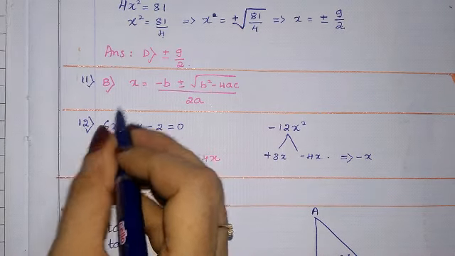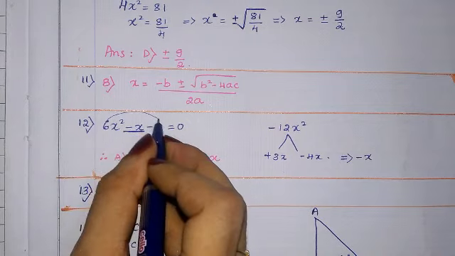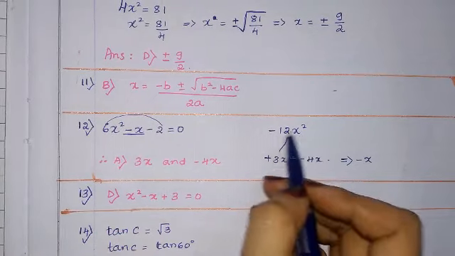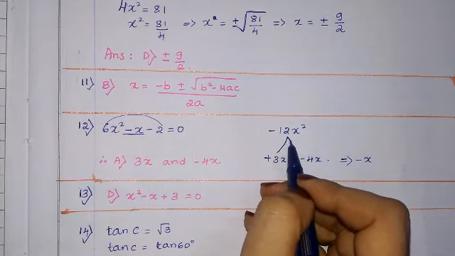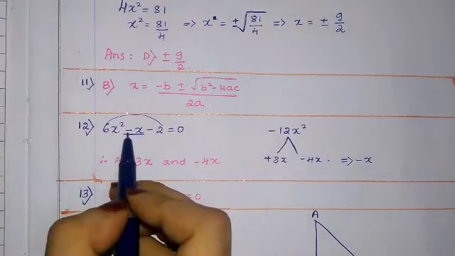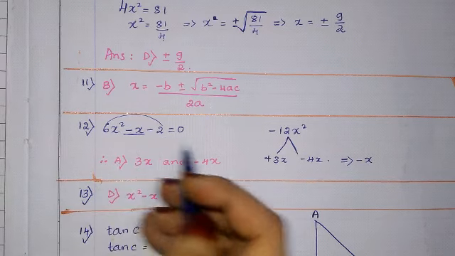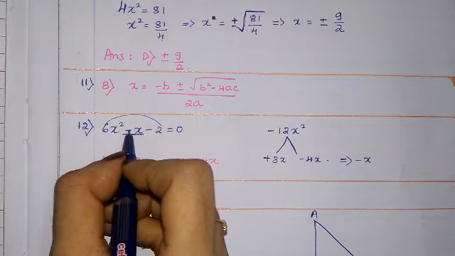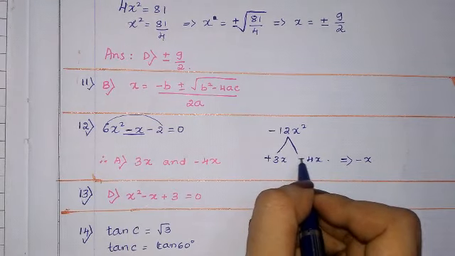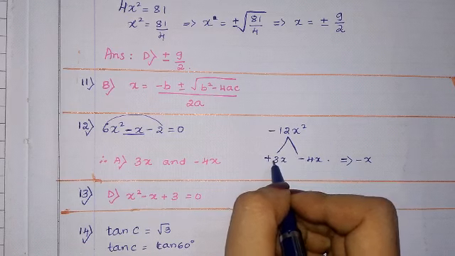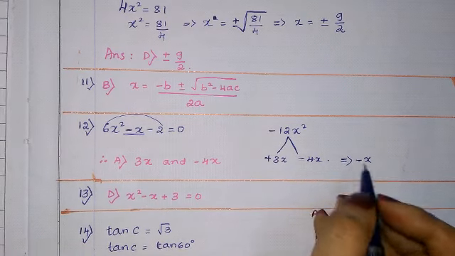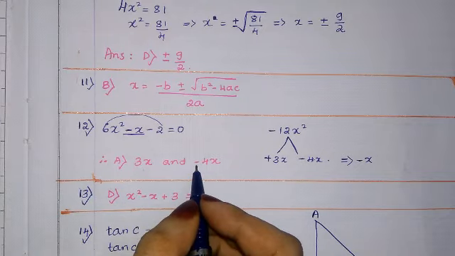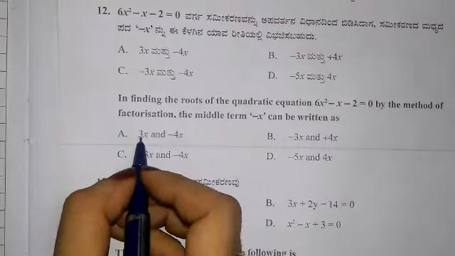They are asking, 6 2s are 12. This into this multiply always doing. 6 2s are 12, x square minus 12x square factors, what we will get? So in place of minus x we have to write, we know that 3 4s are 12, but minus x we want, so greater number will have minus sign, and 4 minus 3 is minus x. So what terms we will write? Plus 3x and minus 4x. That is option A is the correct option.